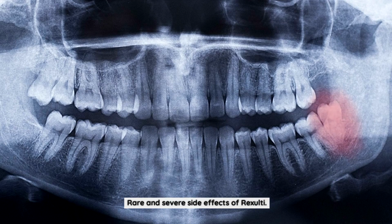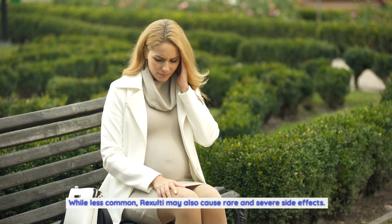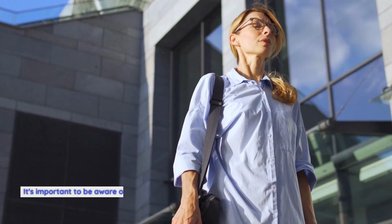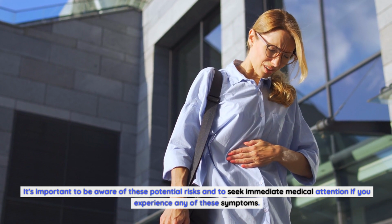Rare and severe side effects of Rexulti. While less common, Rexulti may also cause rare and severe side effects. It's important to be aware of these potential risks and to seek immediate medical attention if you experience any of these symptoms. One rare but serious side effect of Rexulti is the development of a movement disorder known as tardive